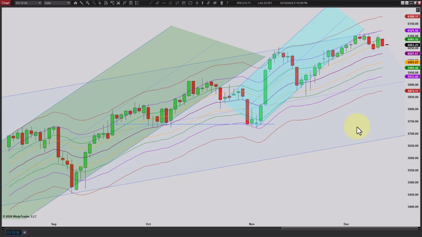Probably a good chance we go sideways some, no matter what happens. Will we make another low? I have no idea what to expect. I would say the path of least resistance you would think would be down, because we did just come off the high of the channel here.